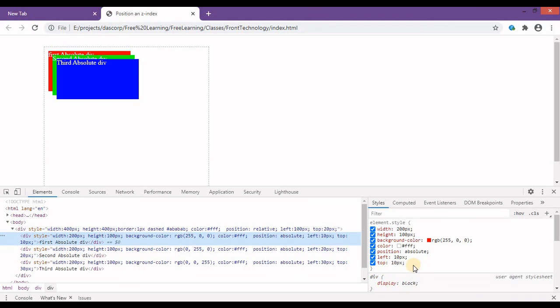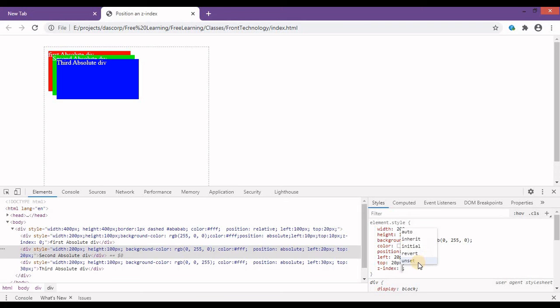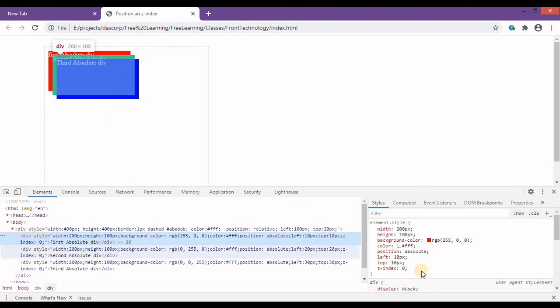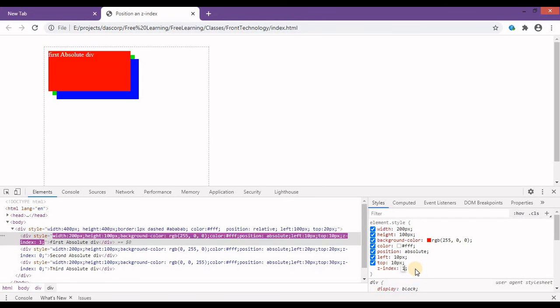For the first one, I want to provide z-index 0. Let's first provide 0 to all. Alright, now I want this red to come up, or come to the top order. For that, what I have to do is simply increase it by 1, and it comes to the top, because the others have a 0 value.